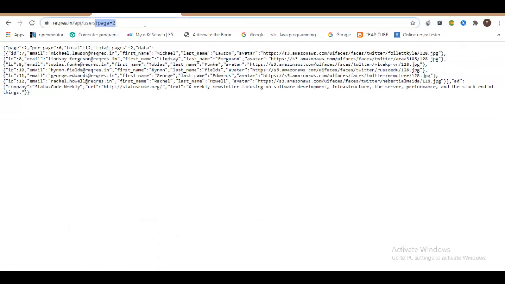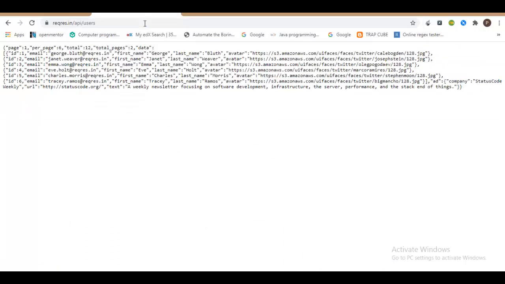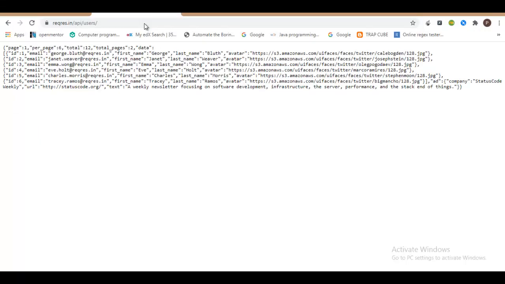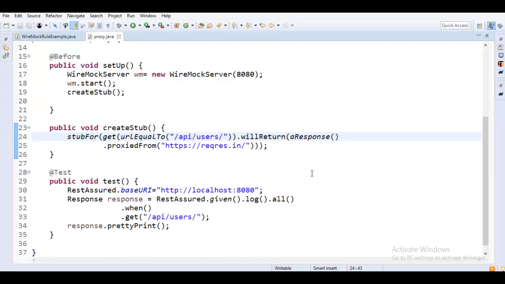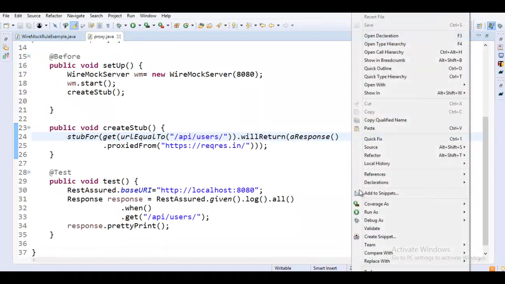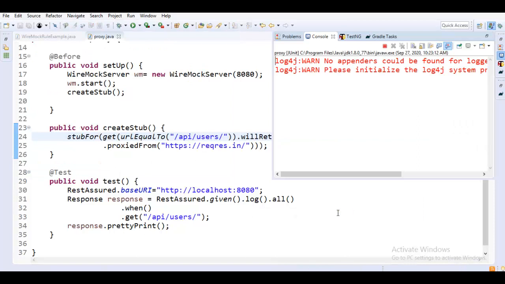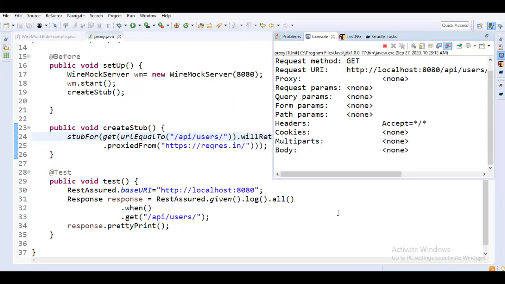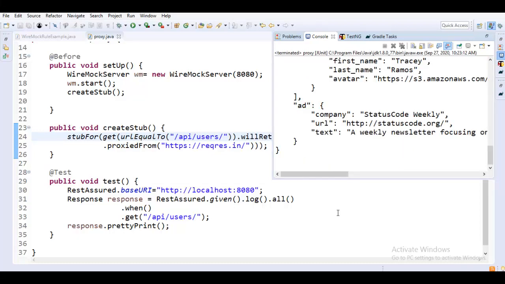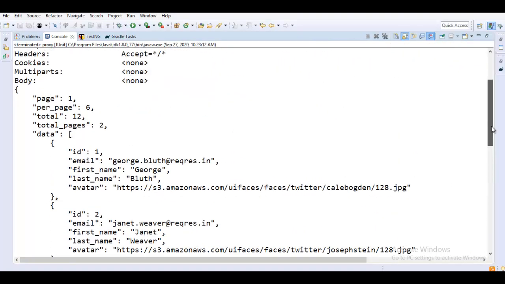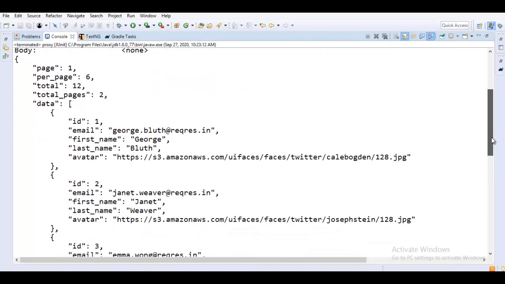Let me just remove this particular line and see. Yeah, so I think now the endpoint matched as well. So let me just right click and run as a JUnit test. Now it should run and should just get the response from that particular API. So you can see that I was served the same response that I ideally get when I hit that particular host API.